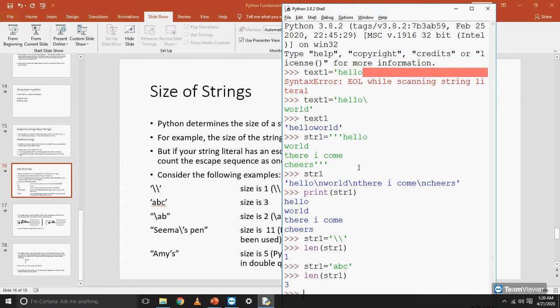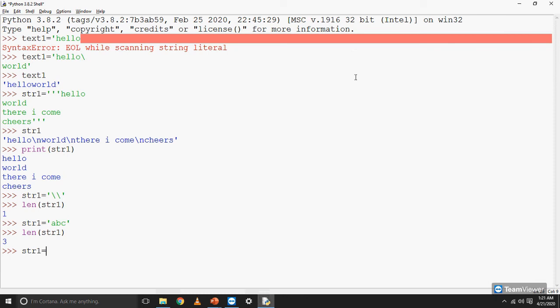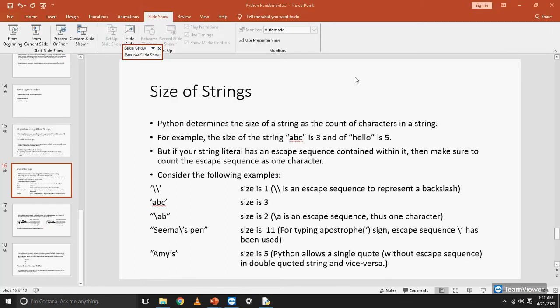Okay, so it gave us the length of the string as 3. This is also correct. This should give us a value of 2. It's working perfectly.